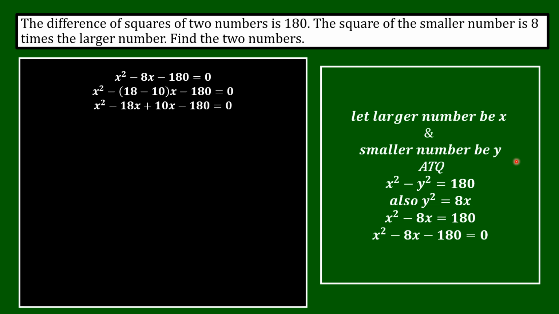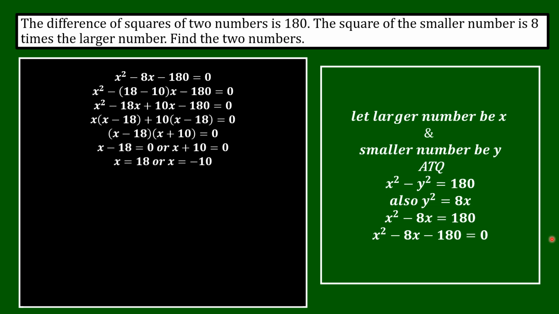Simplifying it further, now see, x is common from these two terms within the bracket x minus 18. From next two terms 10 is common, x minus 18. One clue, if you remember that whatever is here within the bracket will only be in the second bracket. Then x minus 18 is common in both these terms, so x minus 18 is common. We are left with x plus 10 in second bracket is equal to 0. So either x minus 18 is equal to 0 or x plus 10 is equal to 0,